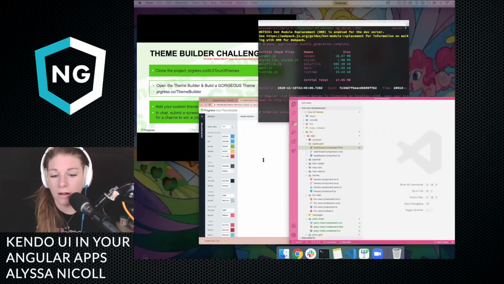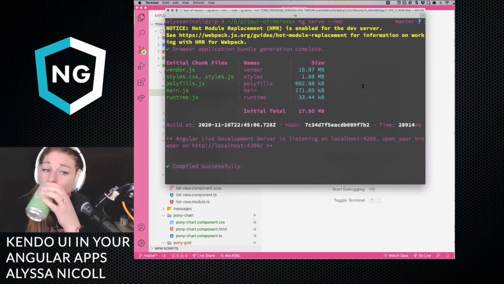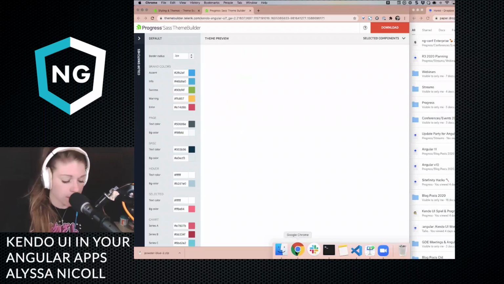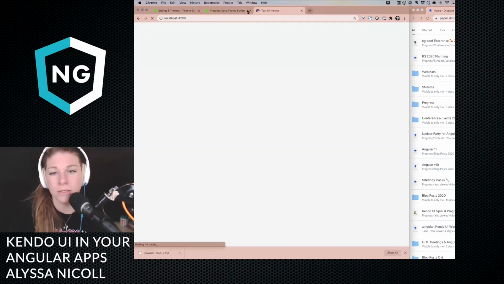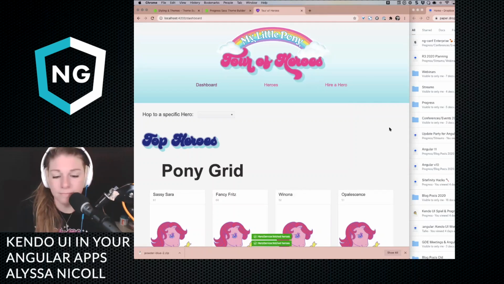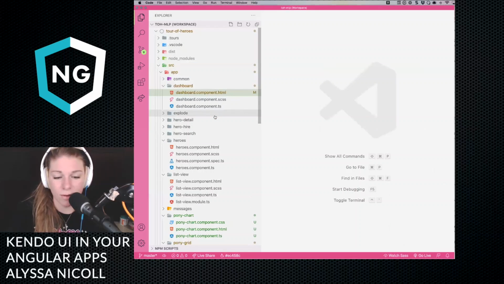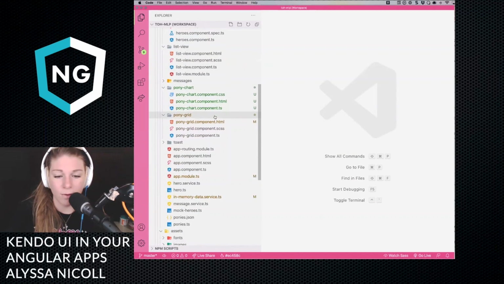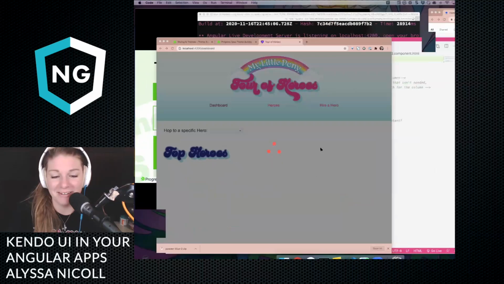Let's go ahead and check in on our, compiled successfully. This is the ZSH business that I was talking about with the pink. I don't know if you can tell, but I really like pink. So now we're going to go back to the Chromes, and we're going to open up our localhost, and the gloriousness for you to behold. Okay, one sec. Everyone, avert your eyes as I go open up my pony grid, and I hide this H2 because she's not supposed to be there right now.